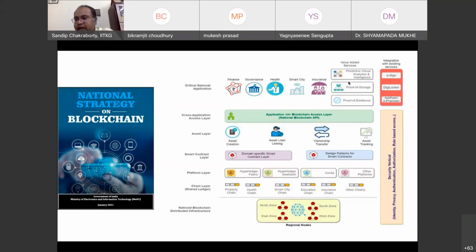They propose to develop a national blockchain infrastructure where you can design, deploy, and run your own applications built on top of blockchain. This is the architecture proposed to build this national blockchain infrastructure. If you look into this architecture, at the bottom layer, we have the different regional nodes which are...